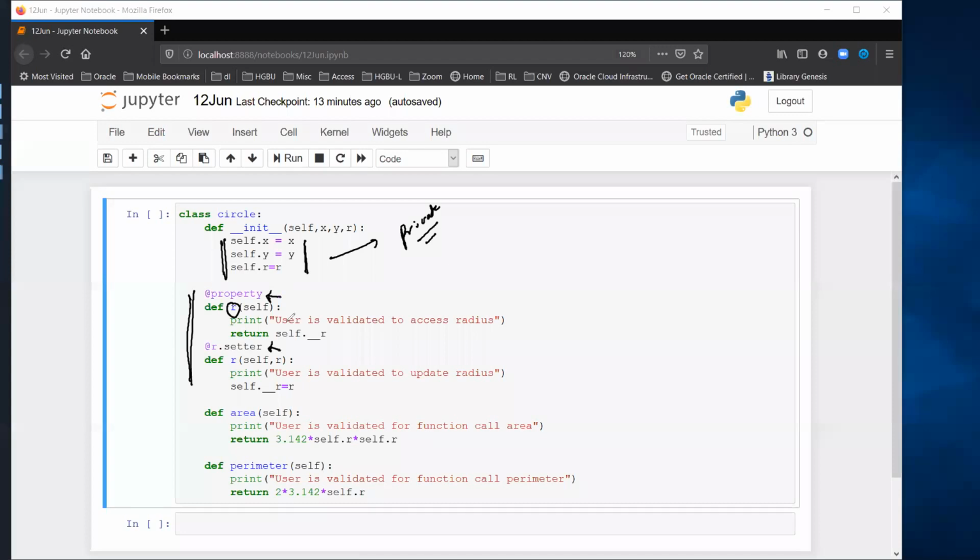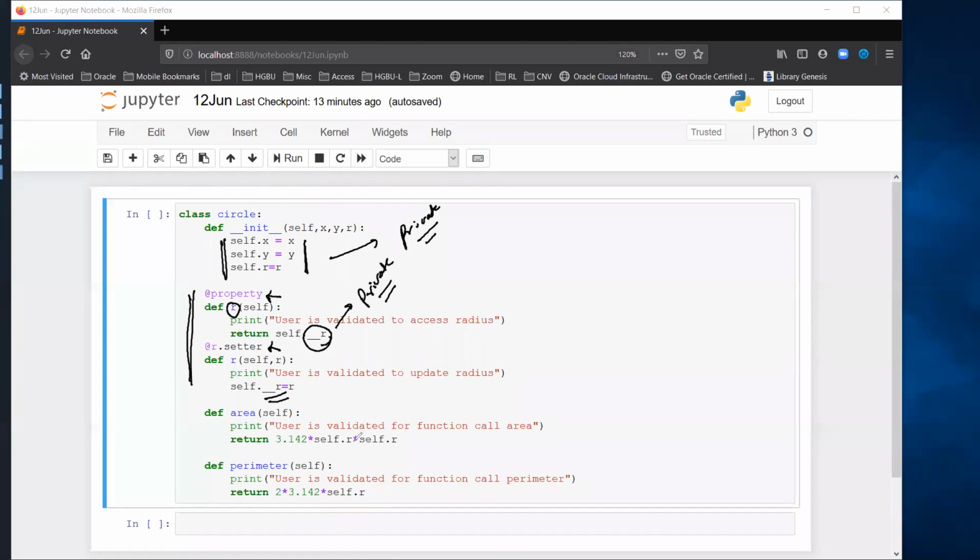Once you have done that, write your logic within this function, all your authentication and authorization logic, and you will be referring to your attributes with double underscore, that is private. You will be referring using double underscore and the parameter name. And everywhere else, like here also, I have not written it correctly, you can do self.__r, self.__r, that way.